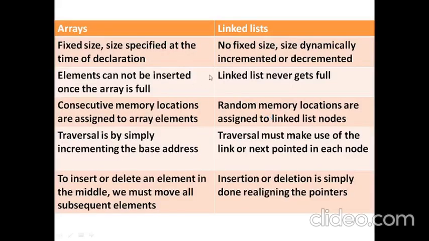A quick summary of the differences between arrays and linked lists. Arrays are of fixed size. You have to specify the size of an array when you declare it, int a[5]. So it will remain 5 elements and it will never reduce or increase. But linked lists don't have anything called size. You start with a 0 node, you add one node, you add another node, and you add another node, and then you reduce one node. So it will dynamically increment and decrement throughout the execution of the program. So it is dynamic, size is not fixed and it is dynamically adjusted.